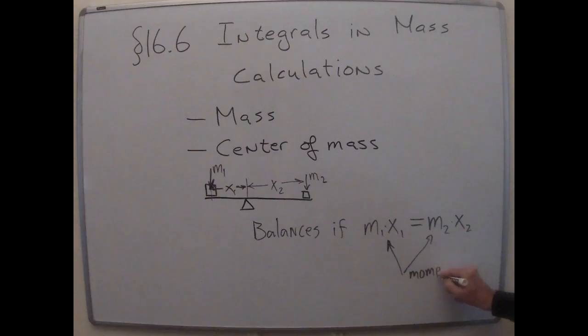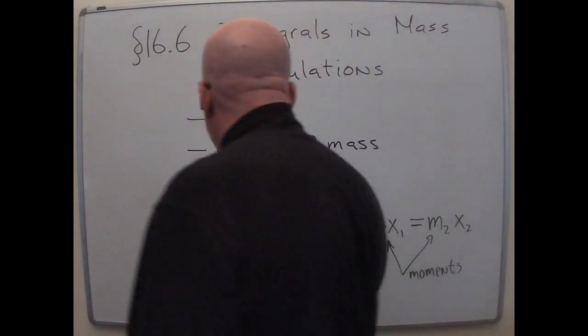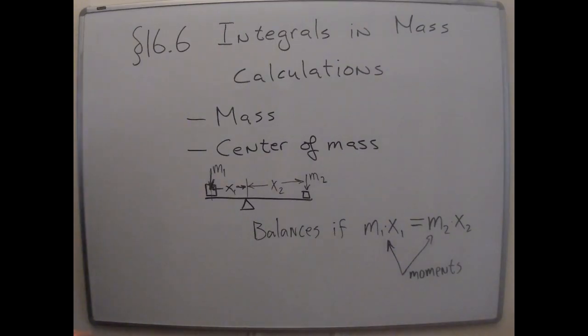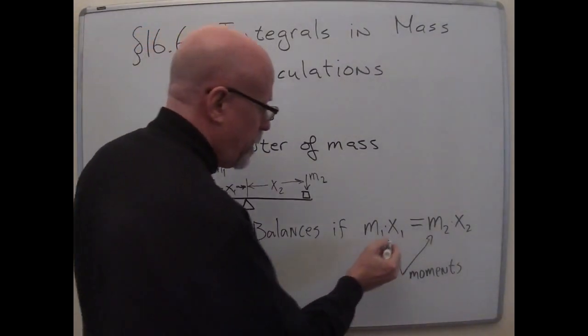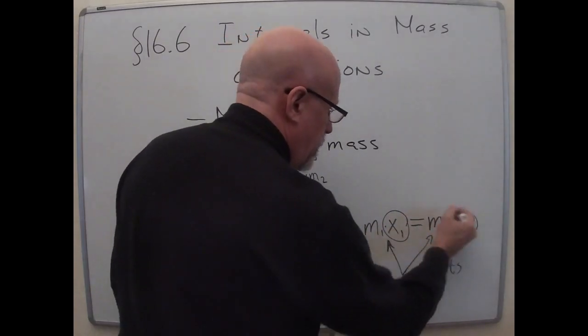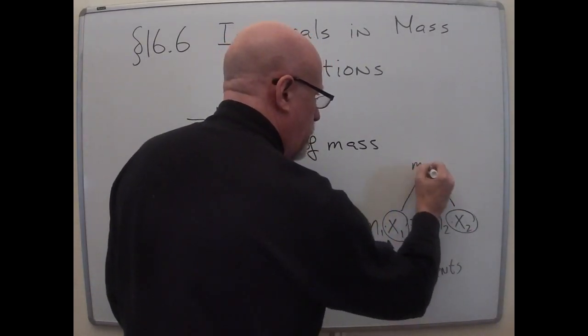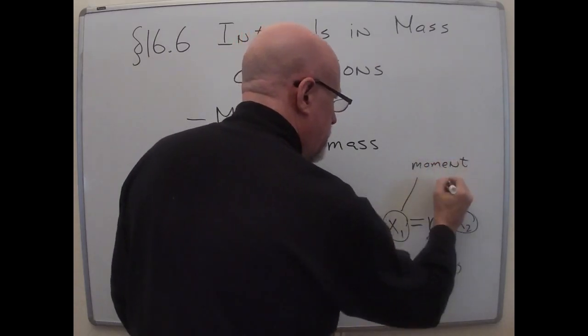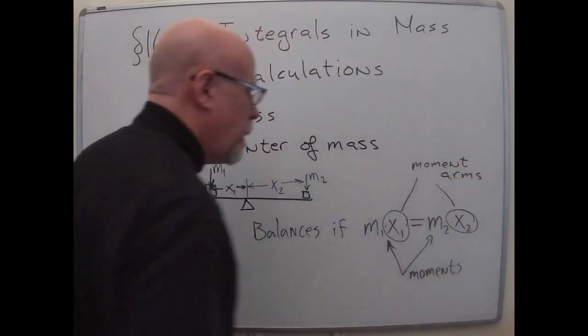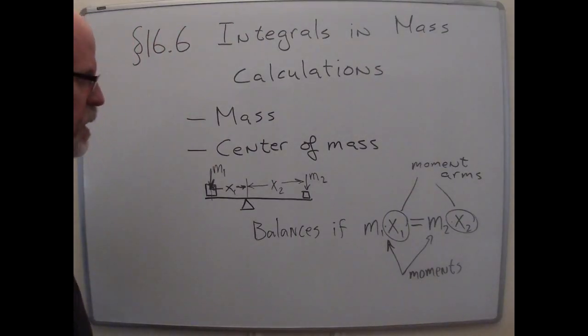Later on, if you go into things like strengths of materials, you'll get into things like second moments. Statisticians talk about second moments and third moments and nth moments, but moments are going to be enough for us to figure out center of masses. So that's the idea. It's a mass times a distance. That's a moment. In fact, there are names for the pieces of it. These x's, those are called the moment arms. Fairly antique